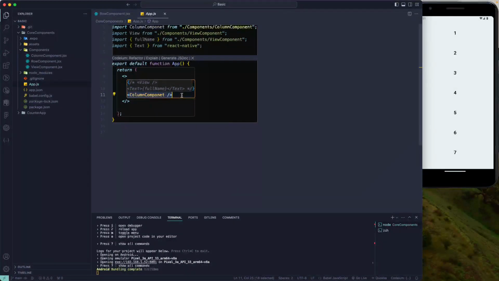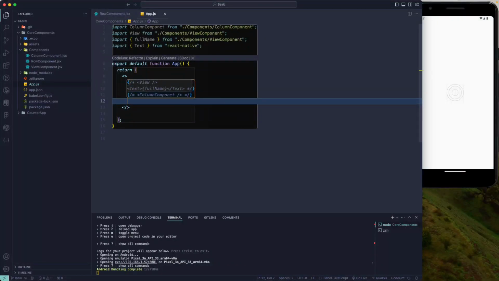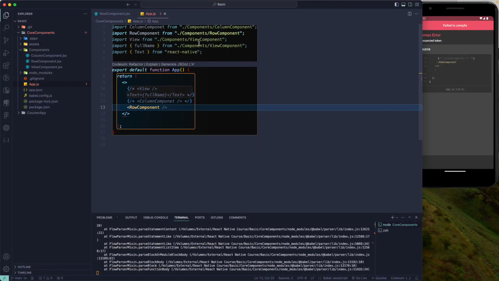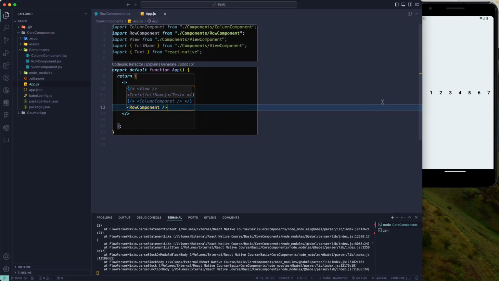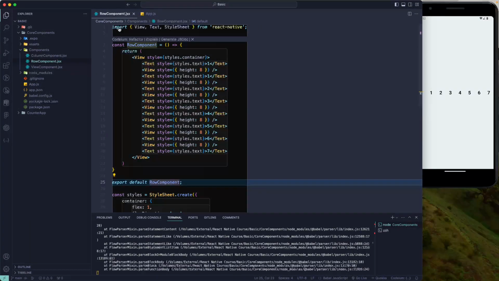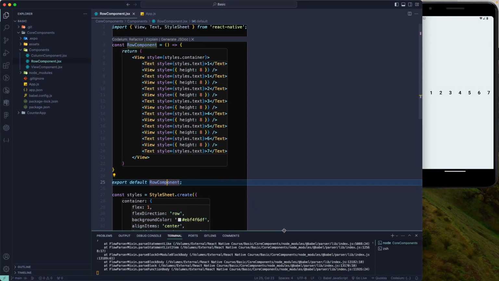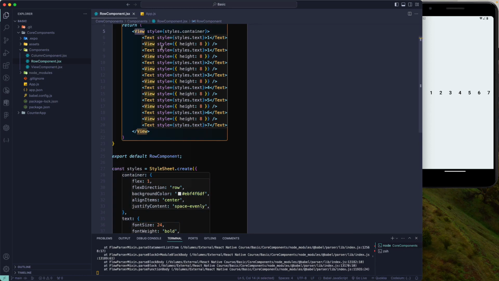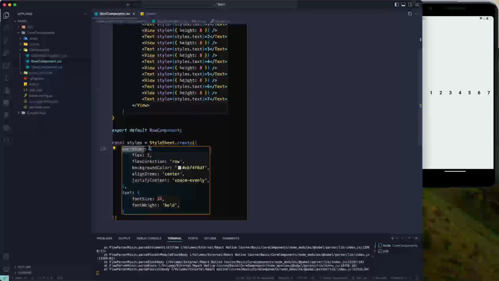Let's comment this one out, and let's import the row component from our component file over there. So let's close this one, and now you can see that we got the row over here. So let's go to the row component over here, and let's look at the style that we have added to our view. So this is the root view that we have, and we have added the container over here, and here we